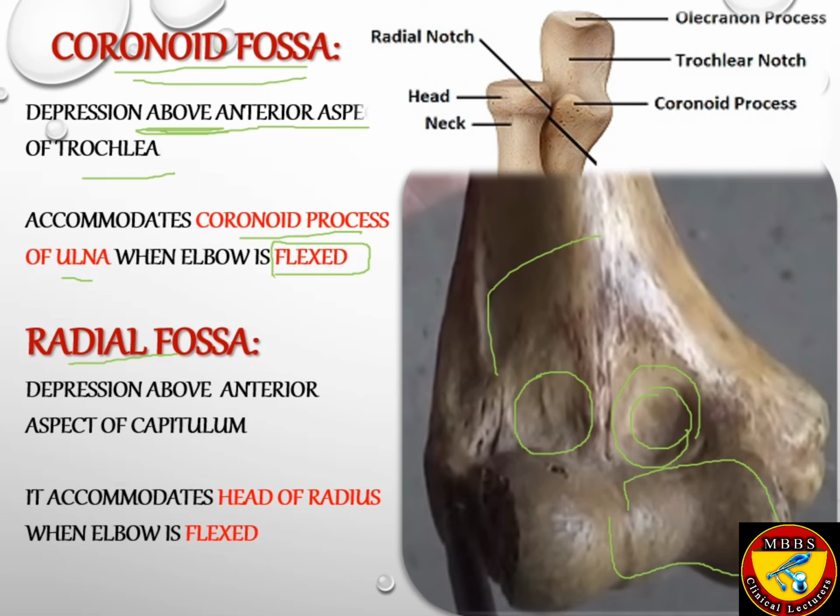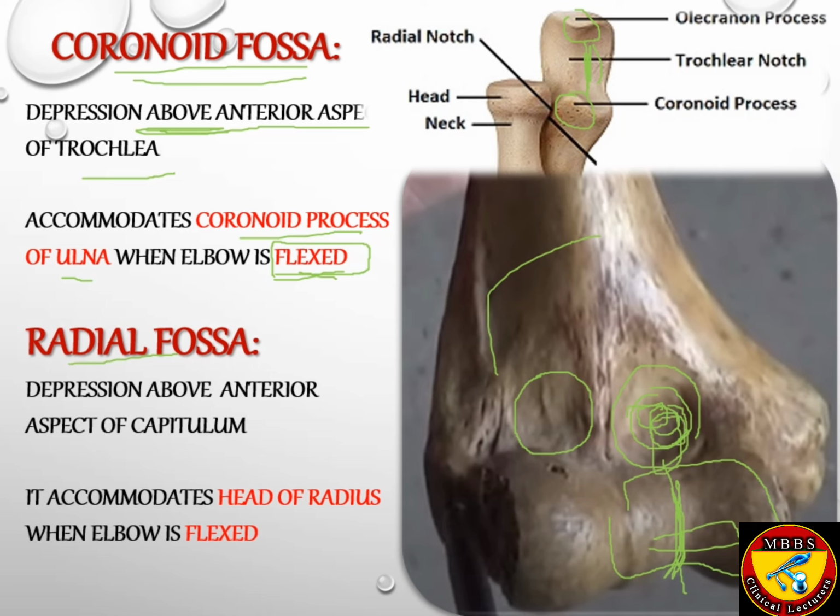When the elbow is flexed, this is the trochlear notch, in the picture above, and this is the olecranon process, and this is the coronoid process. This coronoid process fits in the coronoid fossa when the arm is flexed, and this trochlear notch occupies this trochlea. When the arm is extended, this coronoid process reaches up till here, but when the arm is flexed, it fits within the